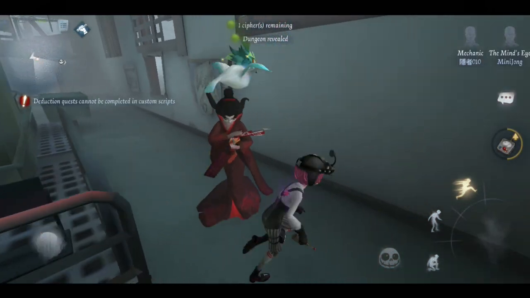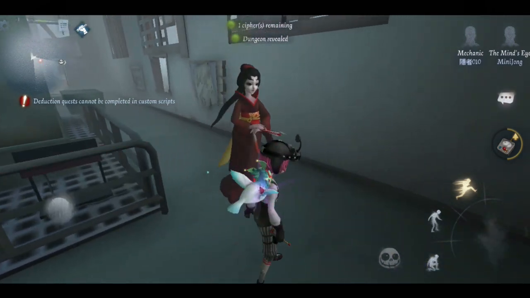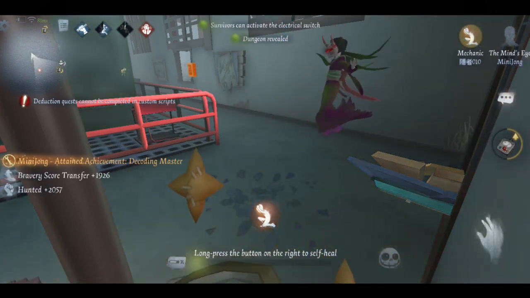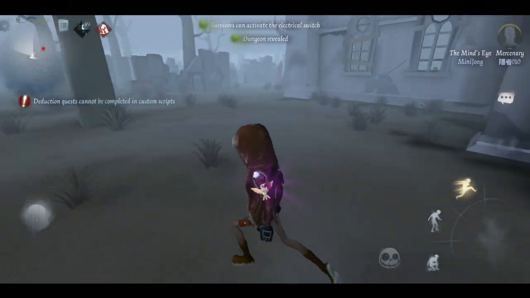What is called priming detention is when a survivor completes the last cipher when the teammate being chased is within hit range of the hunter, since almost all hunters carry the persona called Detention. And Detention is a persona that lasts for 120 seconds the moment all ciphers are completed. During Detention, any survivor in full health would go down in one hit, apart from the mercenary, who can last